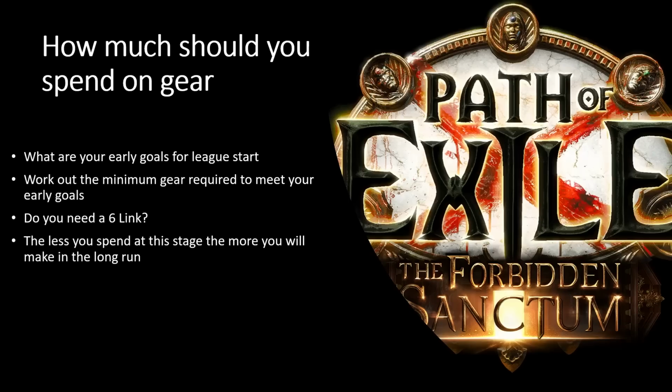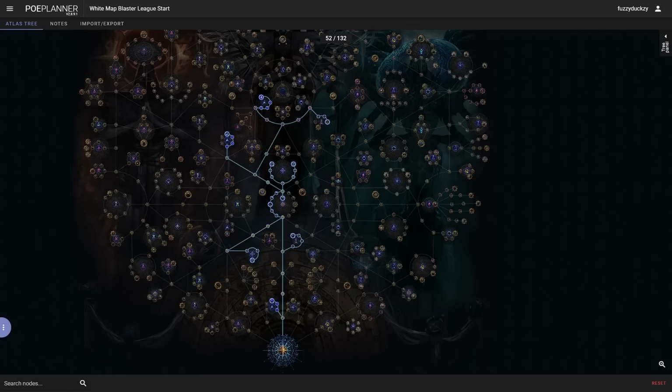You are basically wasting hundreds of chaos if you kit your character out to be red map viable, and you're going to spend 1 day farming yellow maps. You don't need to do that. You may as well farm the yellow maps, get even more currency, and then buy even better gear when you go to red maps. So what we're going to do now is move on to look at an Atlas tree